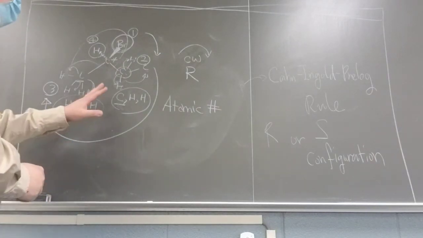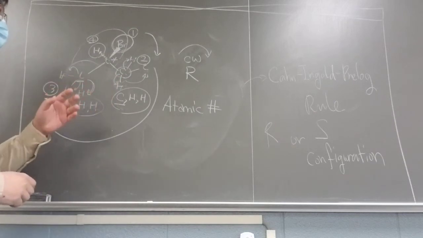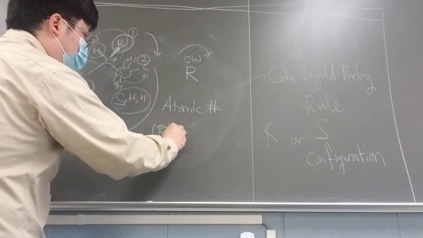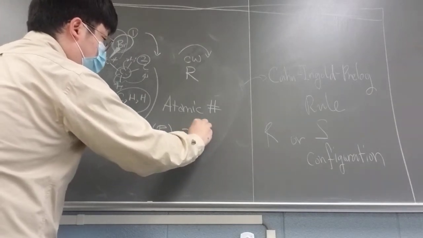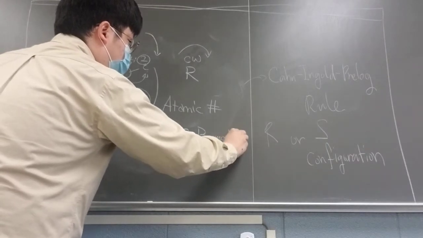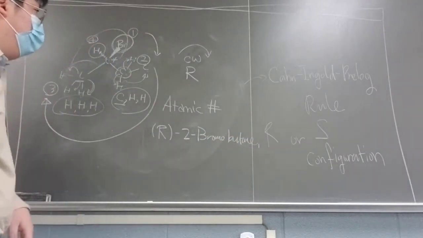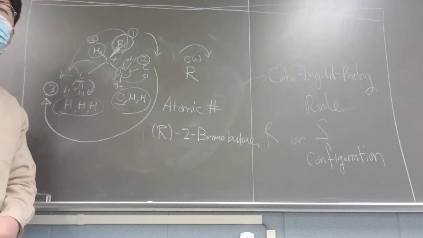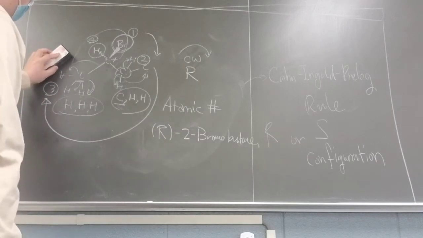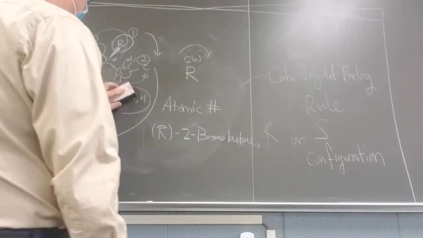So whenever you do this one here, you can actually name it. This is R-2-bromobutane. Okay, so this will be more specific in nomenclature. Okay, makes sense, right? You get it perfectly. So how about we change the position a little bit? Okay,